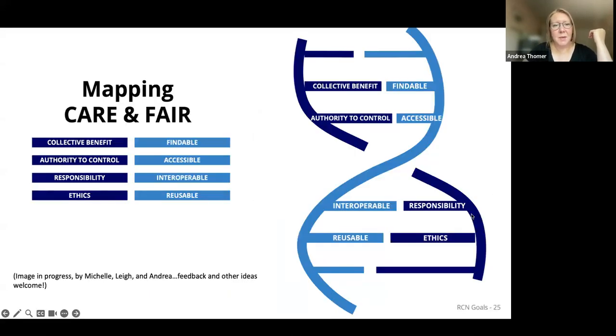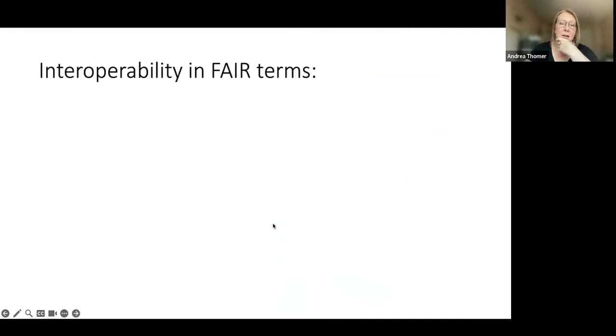I think that's about where I'm going to end for now and stop for questions. And if people want me to talk more about looking at some aspects of FAIR through a CARE lens, I can. I think the last thing I want to say is that